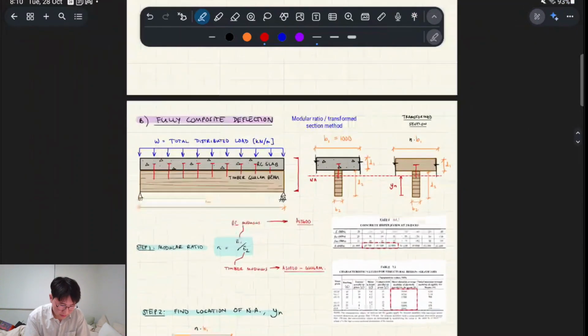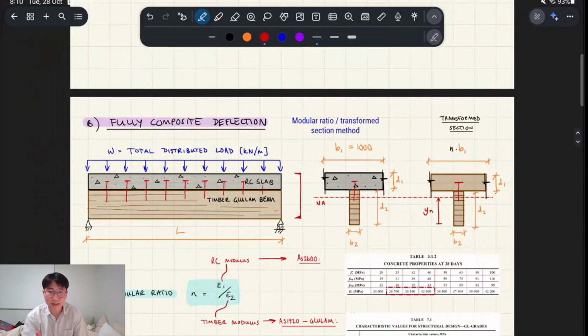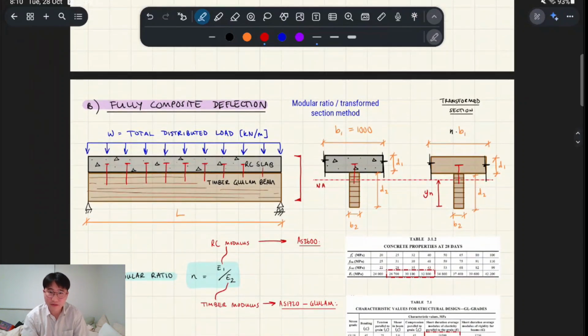Cool. So that's basically what we're dealing with, right? And in the same way that we did it for reinforced concrete, we use the modular ratio method to basically find the deflection in a fully composite beam, right? The reinforced concrete slab in a portion of it, and